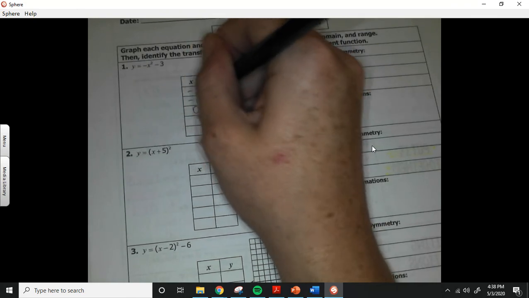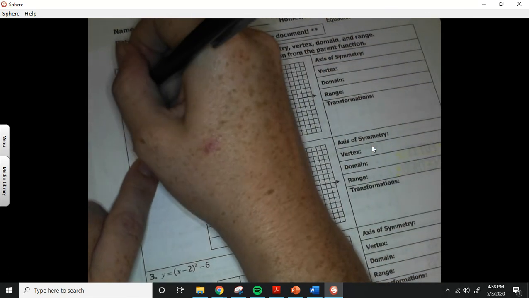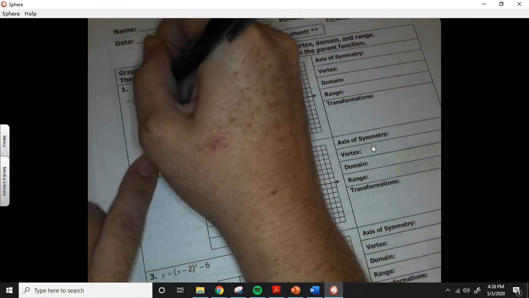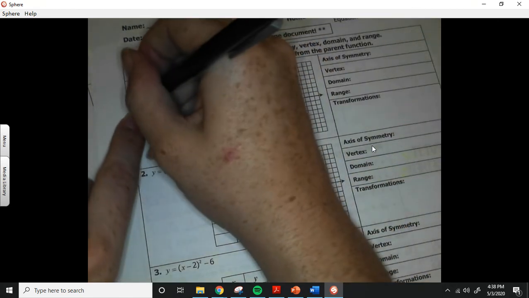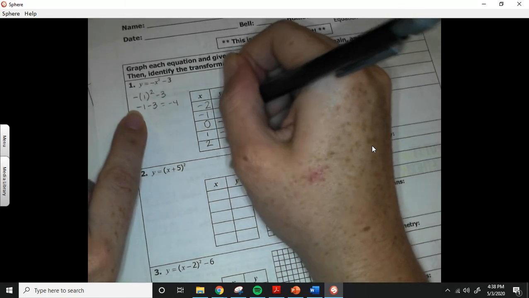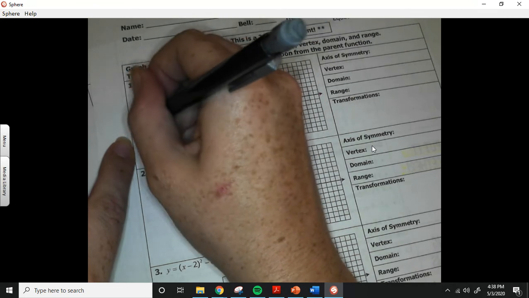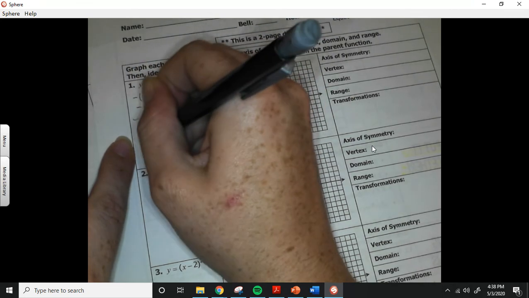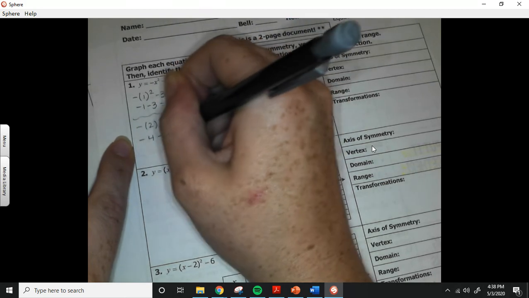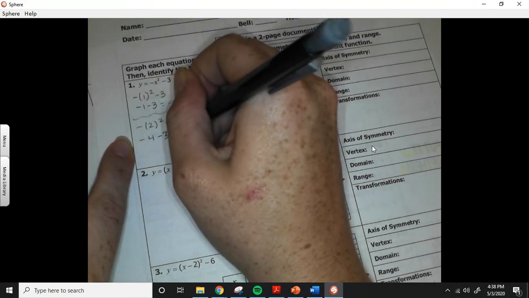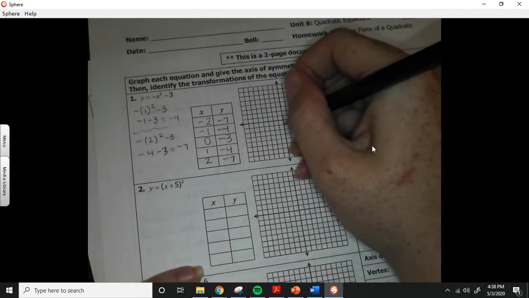All right? So we're going to go 2 to the left, -1, -2, 2 to the right, and start plugging in. So remember, if this is a negative outside of any parentheses, we do not include it in the squaring. So this becomes -1 minus 3, which equals -4. Okay, and then if we plug in 2, we get -2 squared minus 3, -4 minus 3, which is -7. Okay, so 0, -3,